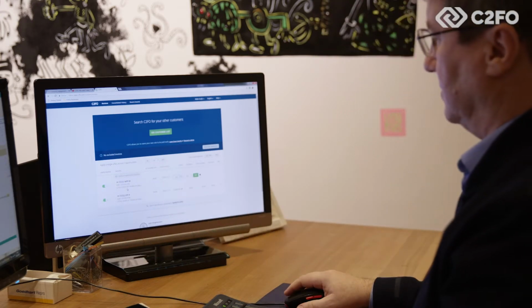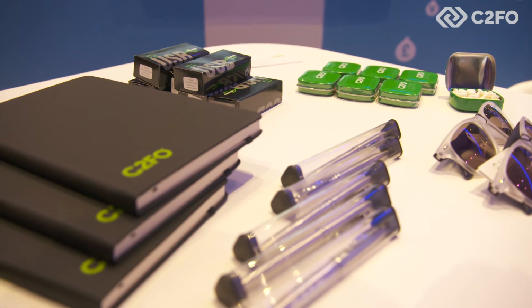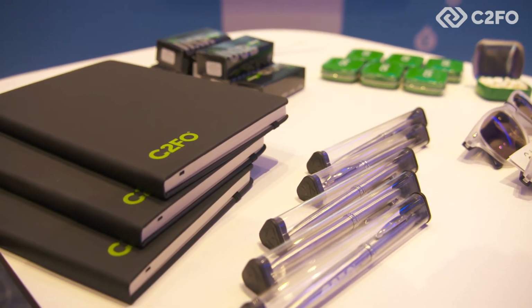What I like about C2FO is it's the next stage of managing complexity and also making things more simple, taking work out of our hands, so we can focus again on the more value-add part of where we need. What I like about the C2FO model is really the innovation of it. It's a completely different model. It's very out-of-the-box thinking, and I think it provides a good solution to people like myself in this area for